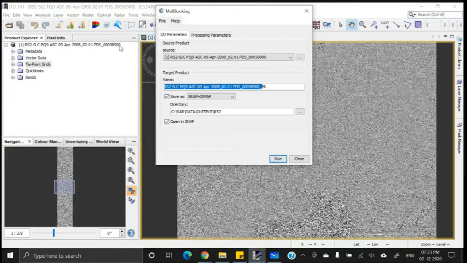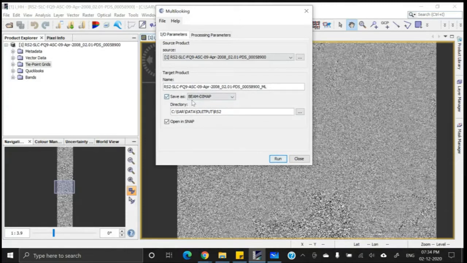This is the portion that says the sensor name, single look complex data, production ID, then capturing date, etc. Then underscore ML means this is the multi-look processed data of this one. So this unique file name convention should be followed, I feel, and I never change the file names, but if you want, you can change it.